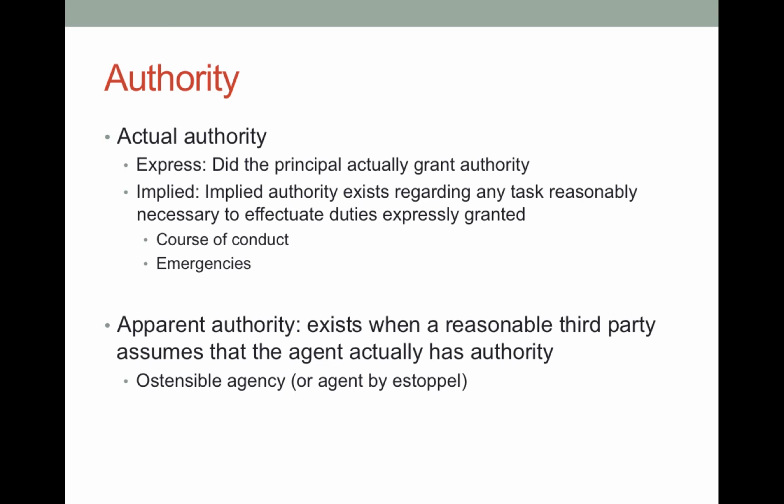Now, while actual authority relates to the understanding between the principal and the agent, apparent authority doesn't actually exist. The principal did not give the agent authority to do some particular action. But apparent authority isn't related to actual authority. It relates to what a third party reasonably believes. If there's a cardinal rule in law, it's to protect the reasonable expectations of a third party. So in apparent authority, we treat it as if there was authority, if a third party reasonably believed that there was.